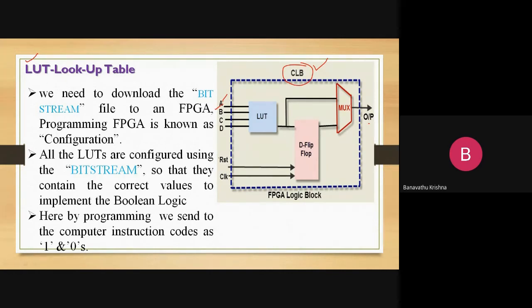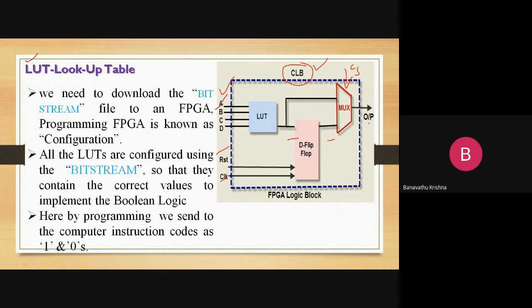Here there is a reset and a clock. If the clock is available, it just passes the information from the input side to the output side. It is also given directly here. There is also one selection line, a control signal. Based on that control signal, it produces the output signal according to these instructions.